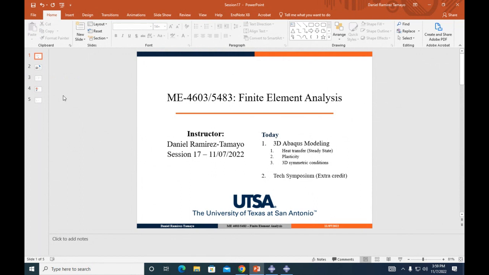In order to get the extra credit, you have to sign. So Kayla, anyone knows Kayla? The department, Kayla Jimenez? Yes. So you have to sign in with her. If you don't sign in with her, you don't get the credit. All right? Make sure that you attend. It's fun. It's a cool way to network and create some cool interactions with people that work in the industry or academia, whatever.